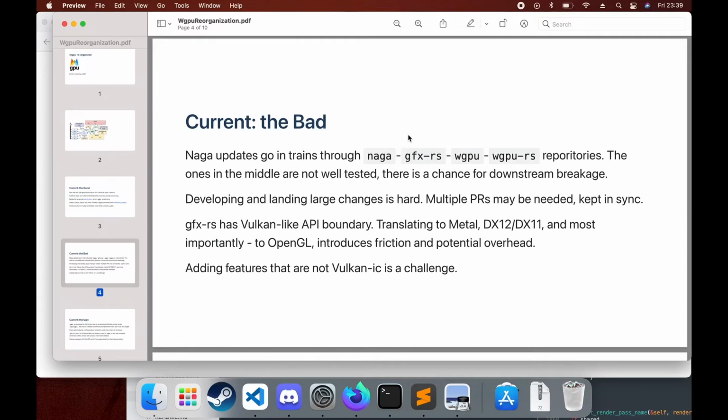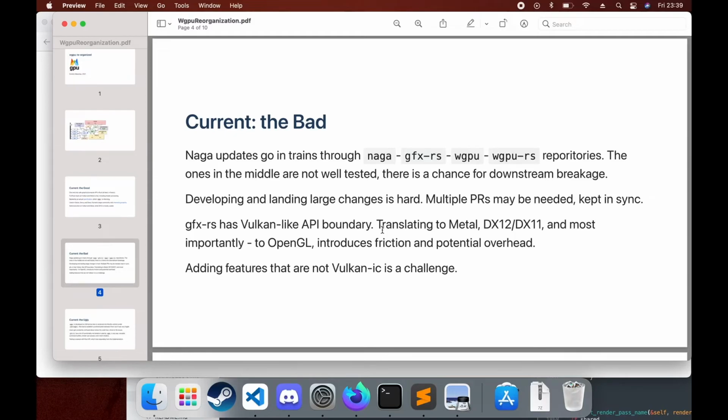They rely on downstream testing more. So it happens that sometimes they break, and we have to urgently fix them. Landing changes that touch different pieces here is hard. It just slows down developers. And we are trying to fix this. This was caused by a discussion in Bevy, which then transformed into an internal discussion at GFX.